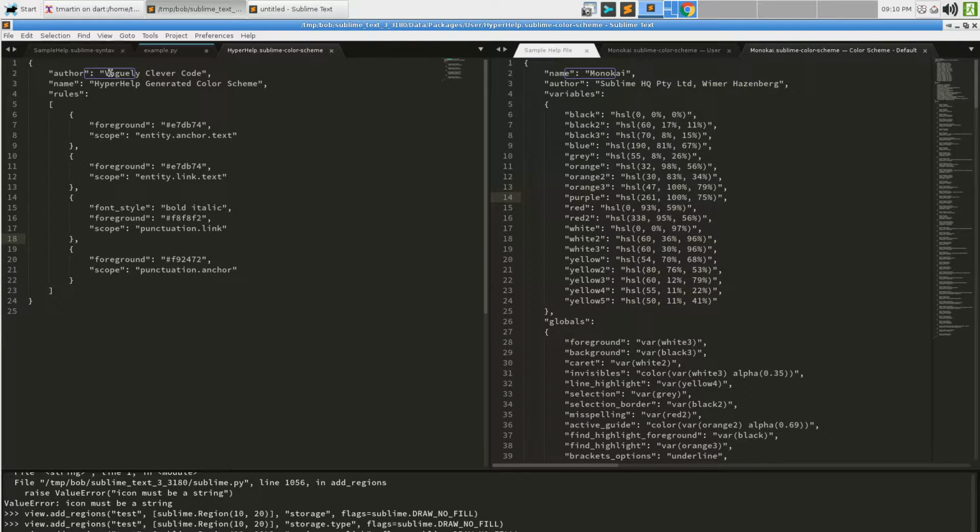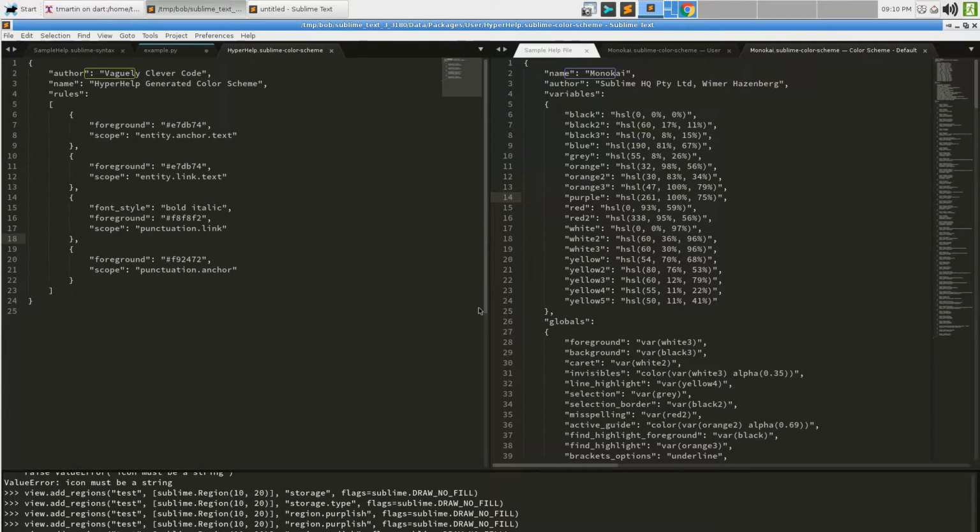And similarly, you can say region.reddish. And now it's a reddish type color, or region.greenish, which is a greenish type color. Now what it's actually doing is those are colors that it comes up with by looking at the colors in your color scheme and trying to find the closest matching one. So it always tries to come up with an appropriate color.